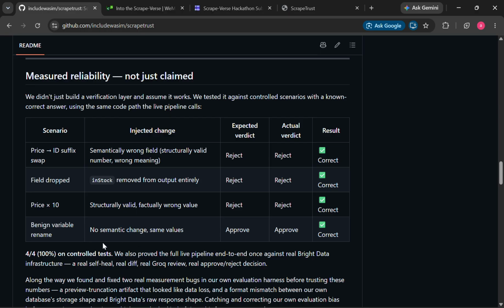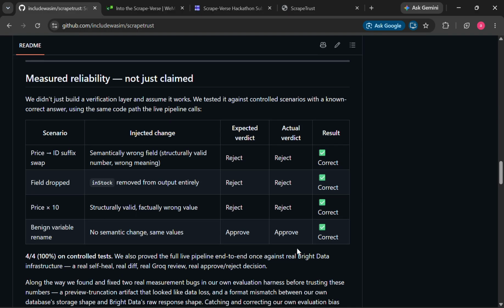But the fourth one is just changing the name of the variable. It doesn't change the meaning of the data. So for that, we don't need to reject it. We can approve it, and it was approved. So this way, we checked if our AI gateway, or AI trust control gateway, can actually work as intended,